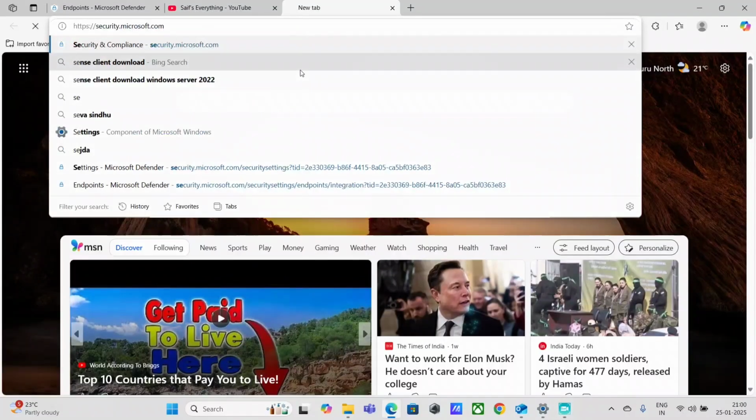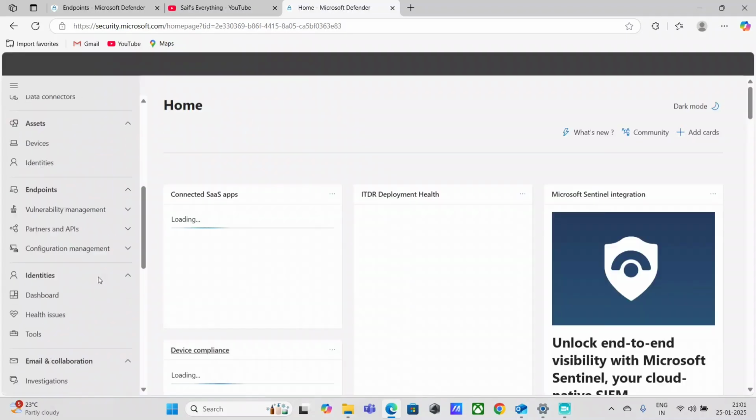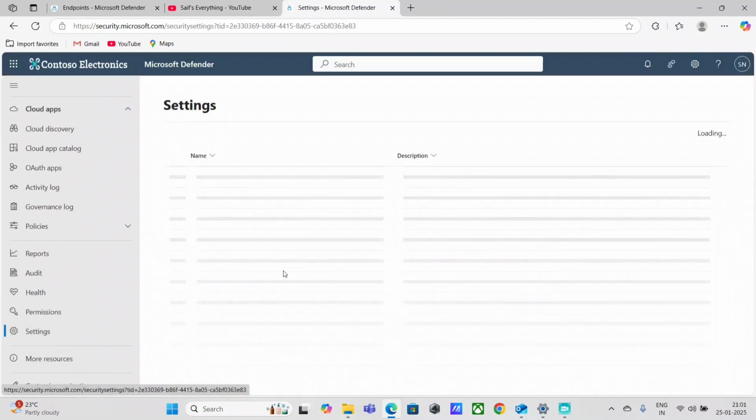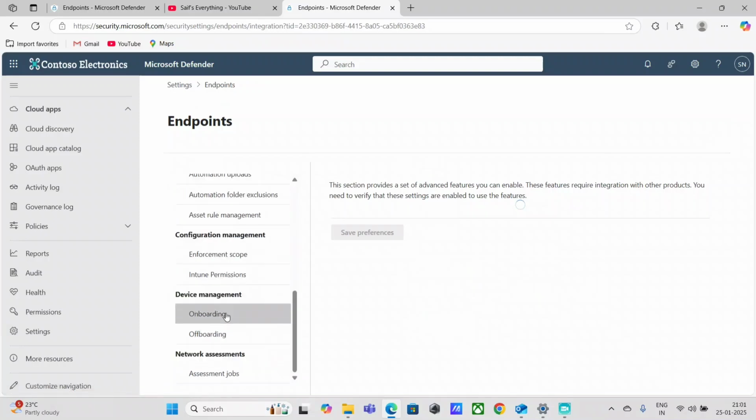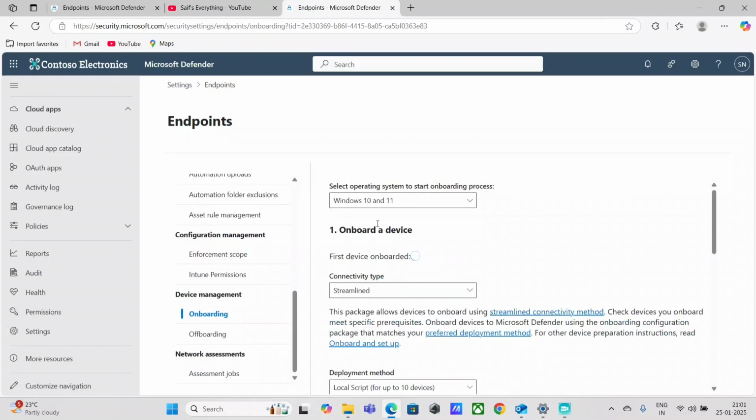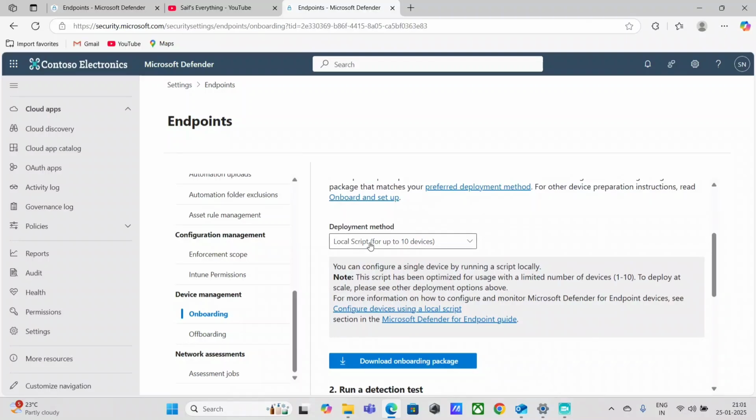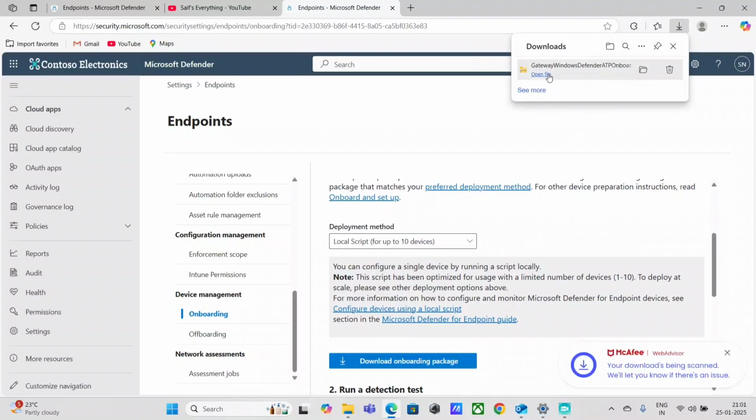I'm going to use Microsoft's Defender for Endpoint capability. I'm just going to log into security.microsoft.com. Quickly go to the settings option, and here I will see the endpoints option, and then under device management I will click onboarding and select my operating system. Connectivity type will be streamlined, deployment method will be local script, and I will click download package, guys. And here I will just open it